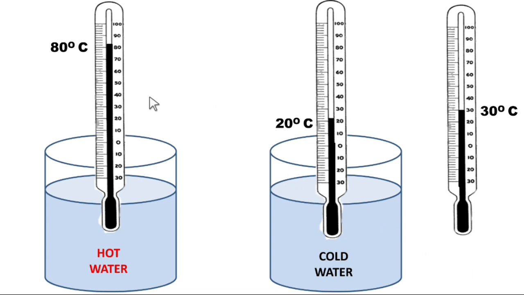So here in this thermometer, if you see, it attains 80 degrees, no transfer of heat, and here in the cold water there is no transfer of heat, it stops at 20 degrees Celsius. In the same way, if you take a clinical thermometer with the surrounding temperature, it reaches and stops at a reading of 30 degrees Celsius. So this thermal equilibrium reading gives the temperature. The thermometer reading at thermal equilibrium gives the temperature. Thus, the temperature is a measure of thermal equilibrium.